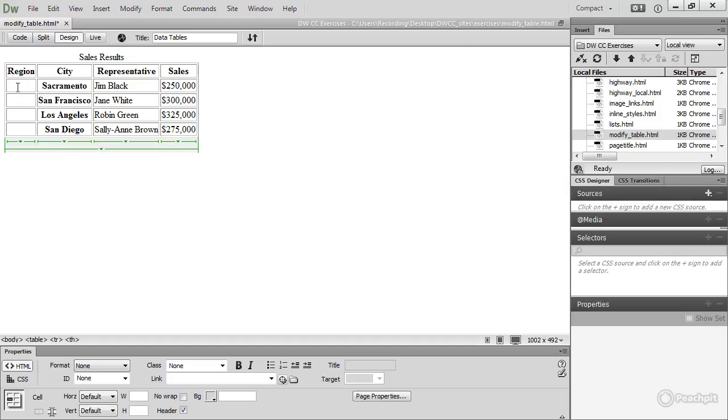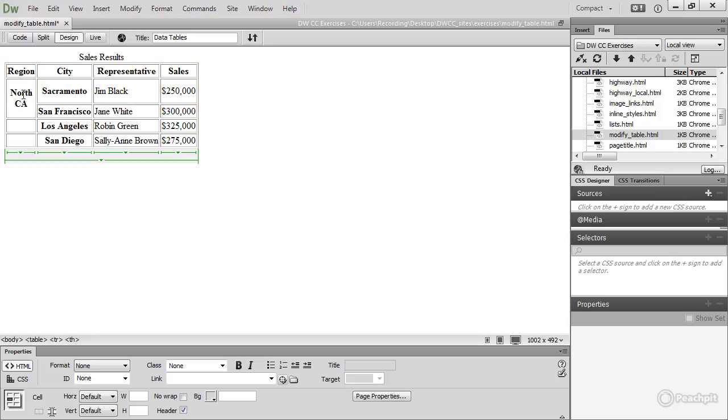What I want to do is to merge these 2 cells, so I can click and drag to select those 2 cells, and in the Property Inspector it shows me here Cell, and there is this tiny little icon at the bottom left, and it says merges selected cells using spans. So I click that and those two cells are merged together. So I can now type